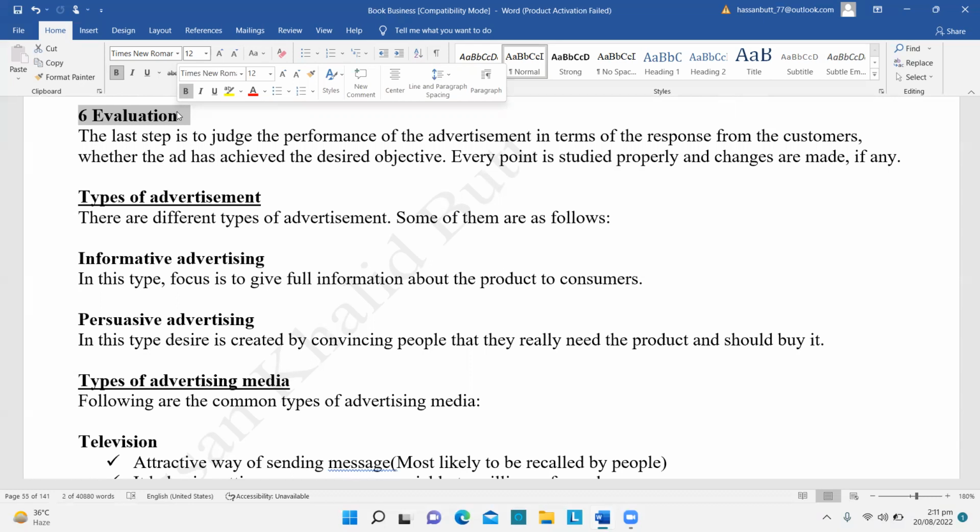For example, let's say after the advertisement, if your sales start going upwards, it shows that your advertisement was good. And if your purpose was to increase the sales, it happened. So your advertisement was effective. But you can